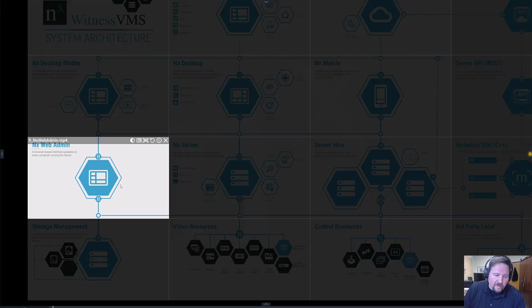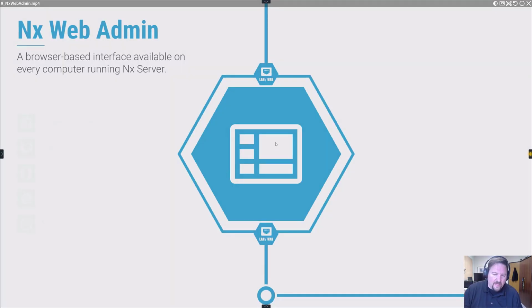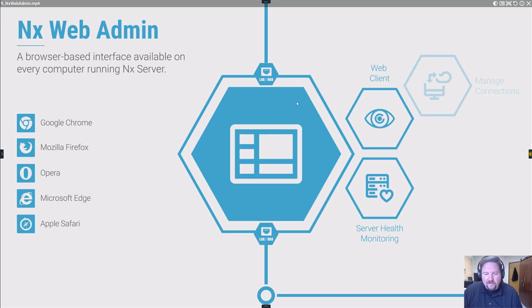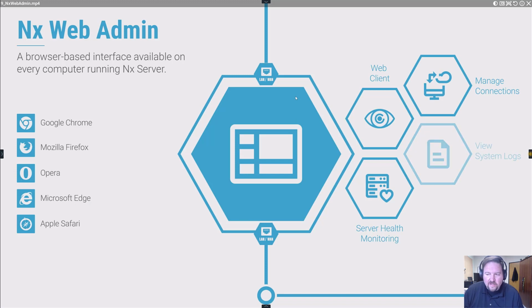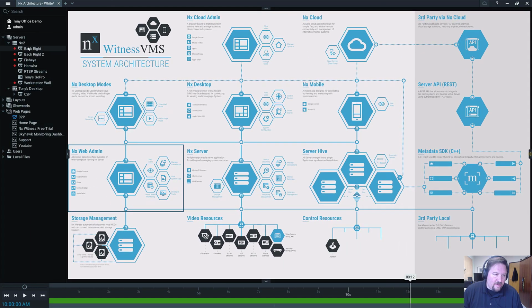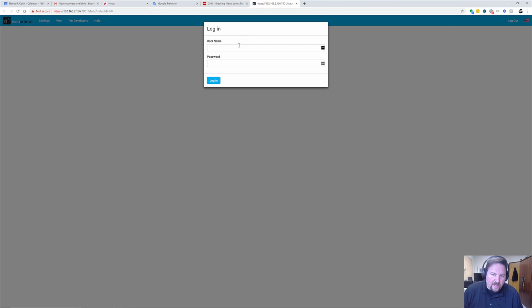So now the final bit would be the Web Admin interface. So we talked about it briefly earlier. The Web Admin interface is really about connecting to a specific server and to check out that server's settings themselves, right? The Web interface can be accessed from the client by clicking on one of your servers and just saying server web page, and then you'll get a login prompt for the system,